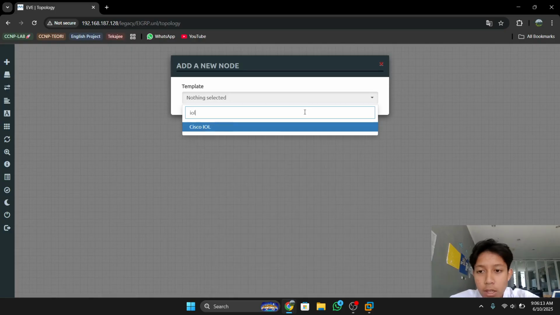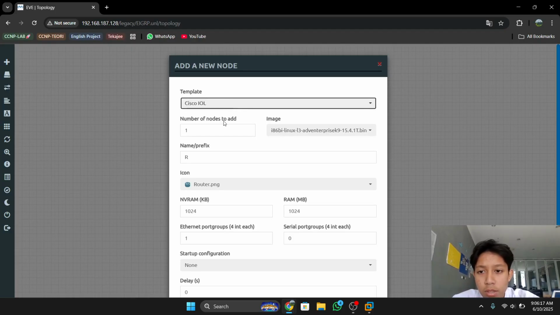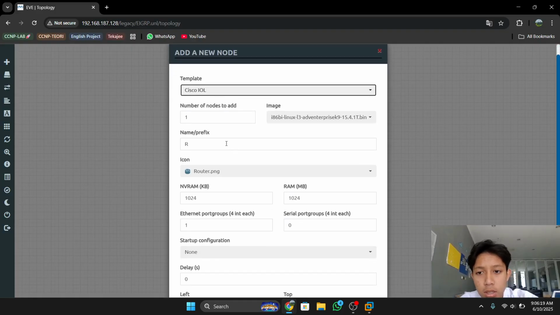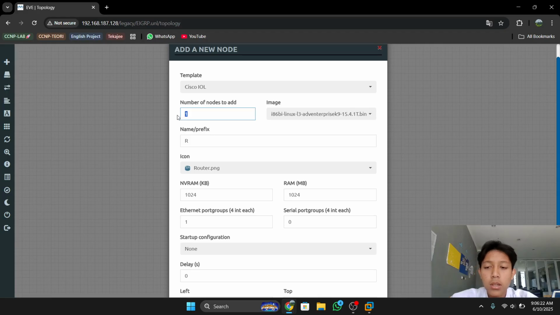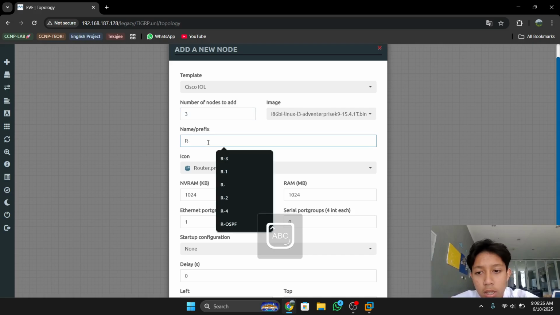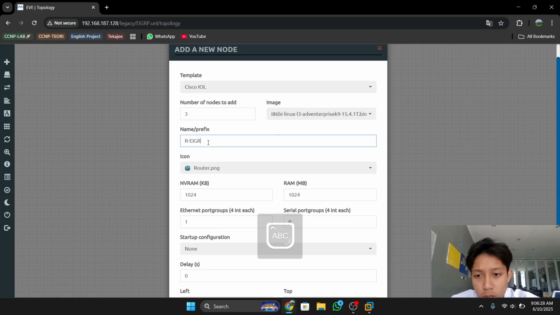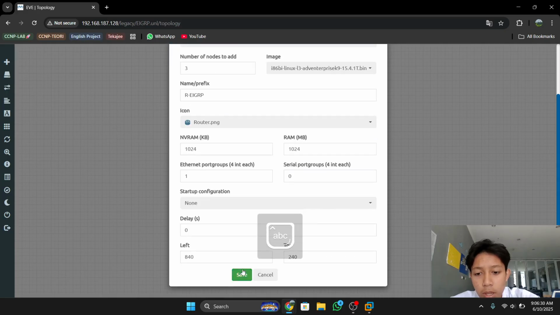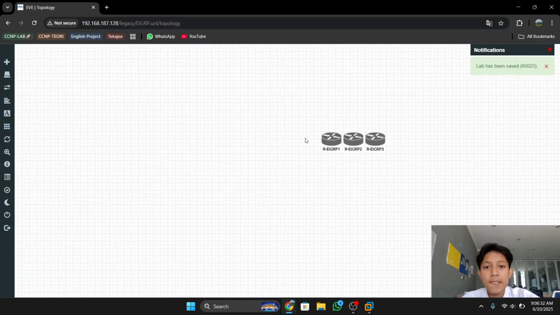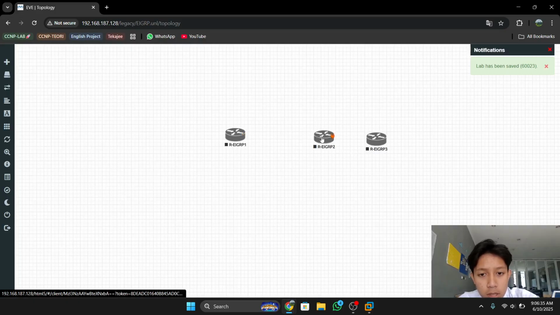For example, I already added the ISO of Cisco IOL, and then you can type the number of nodes to add, which is 3. We can use 3 routers, and the name is up to you, for example router EIGRP, and you can save. Okay, wait, and then there are 3 routers here.